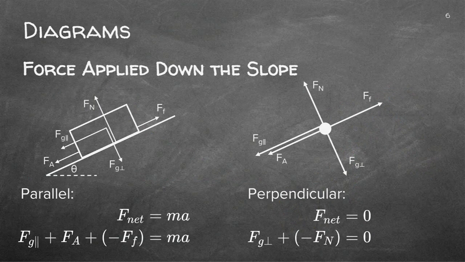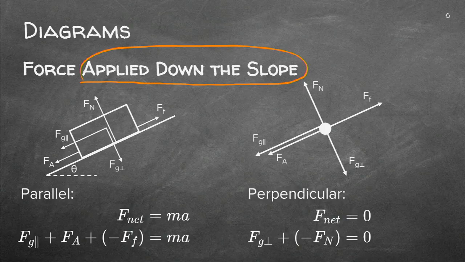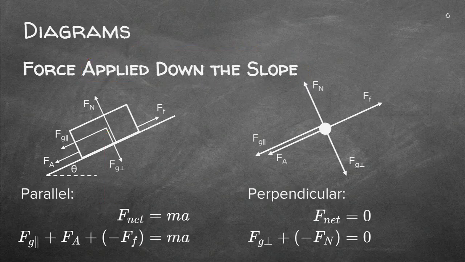Right, let's go to a more complex way of presenting this. In this diagram, we're going to work with an applied force downwards on the slope. Now here I've got the force diagram. Let's have a look at this. Firstly, the gravity would be there. But in this case, we didn't draw the gravity. We could have drawn the gravity with dotted lines. So we can say this is the gravity being represented by the two components, exactly like we did it in the previous one. So I've got this component there.